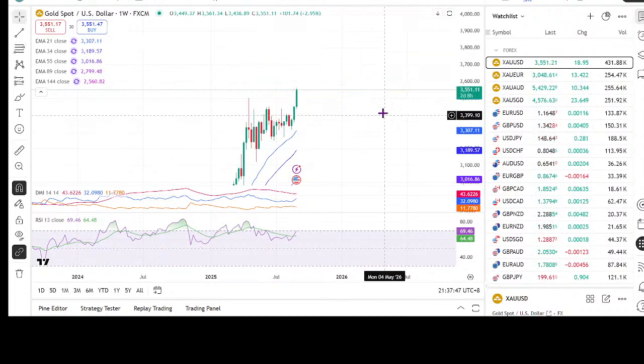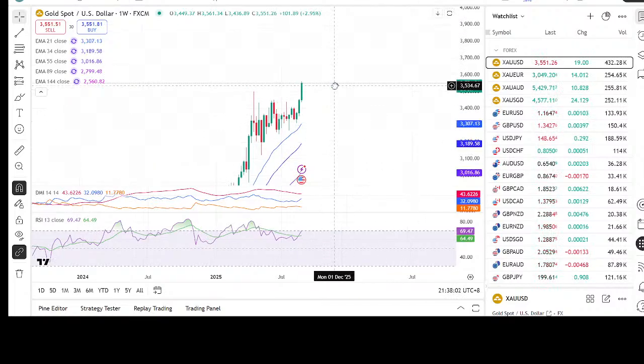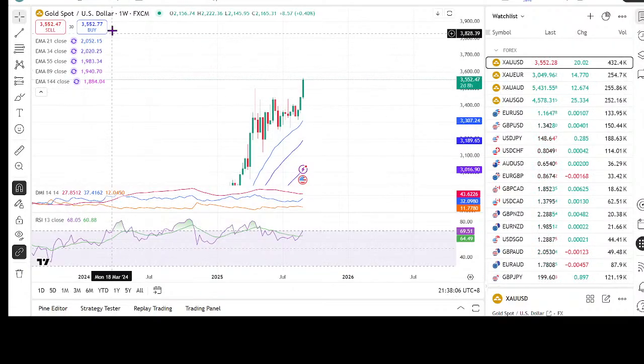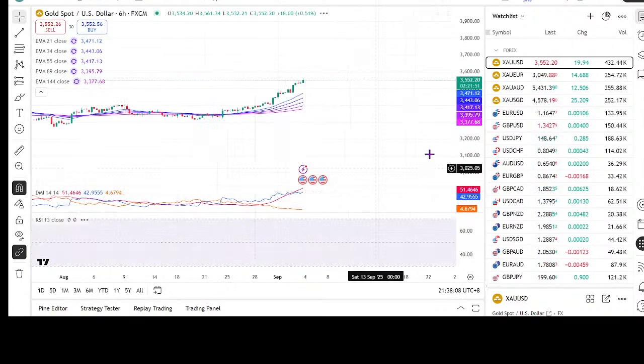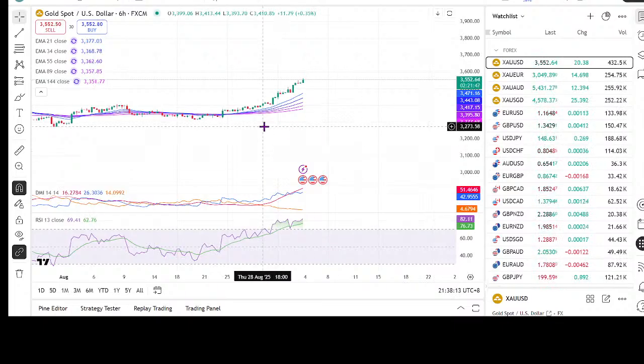3602, 3645 and 3725 or 3730. Okay, register these levels and write them down for your guidance. Okay, now the next thing is, in order for us to see this price, we also need to